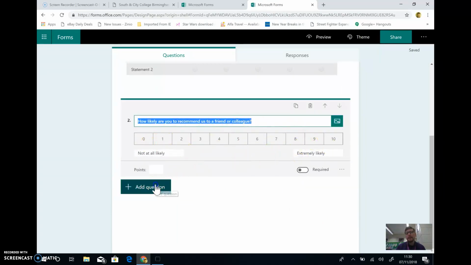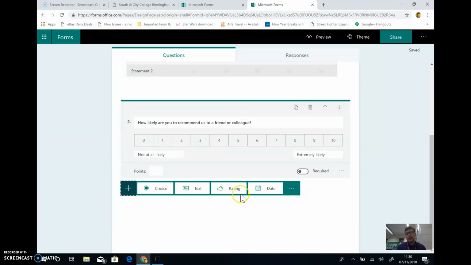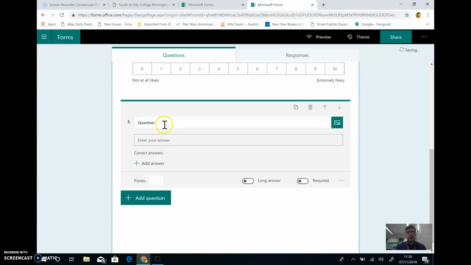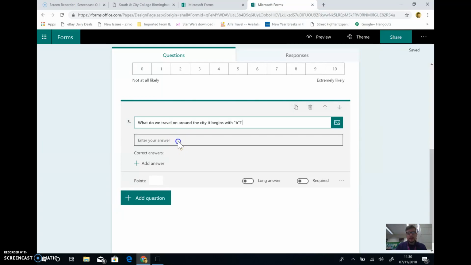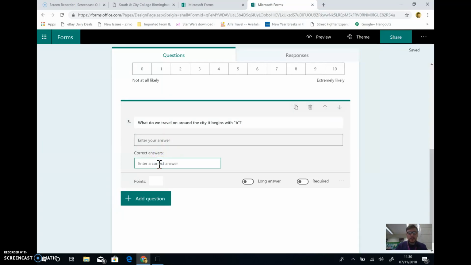Again, as I said, this is made for forms and quizzes. What we're going to use in education mostly, there was actually a maths option as well, but it's not on that bit. But what we're going to look at is choice and text. If you do a text one, you can answer the question. So, what do we travel on around the city? It begins with B. Yeah, and then their answer there, the correct answer is going to be bus,